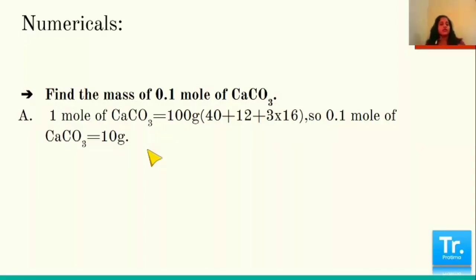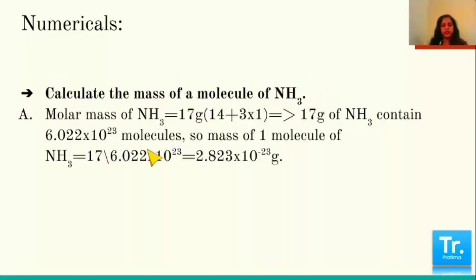So you have to actually understand what is being asked. There will be any 2 factors: mass and mole, number of molecules and moles, molar mass and number of moles, like we have done just now with gram atom and the mass. And in this question, just see, now a mass when the number of molecules is only 1, and we know that the molar mass is Avogadro's number of molecules, so we just divide it.